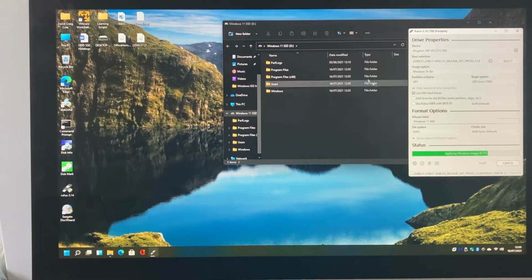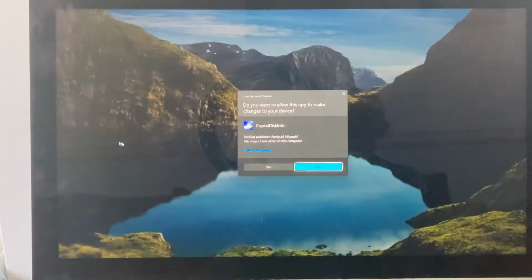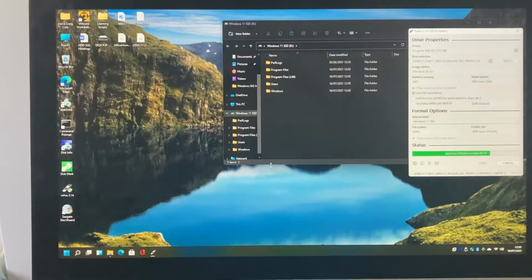I'm just going to check on the drive. I use a program called Crystal Disk Info. It doesn't affect